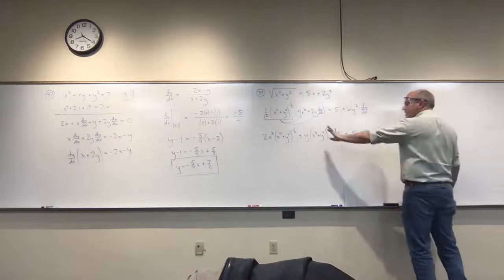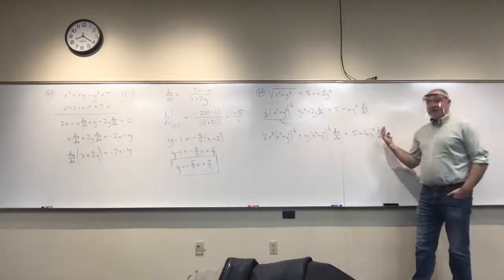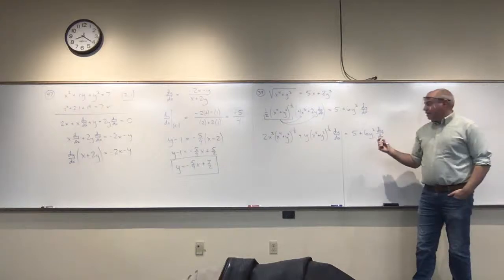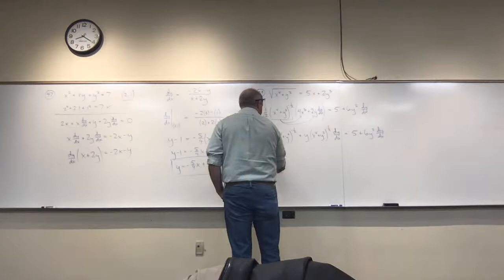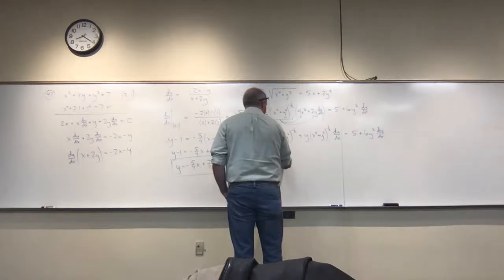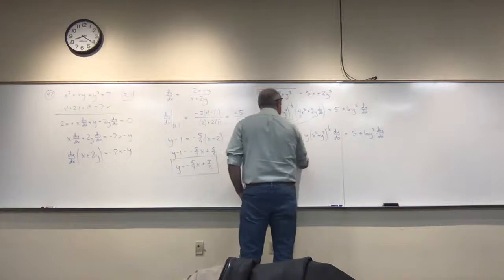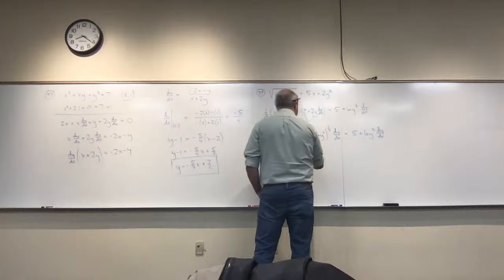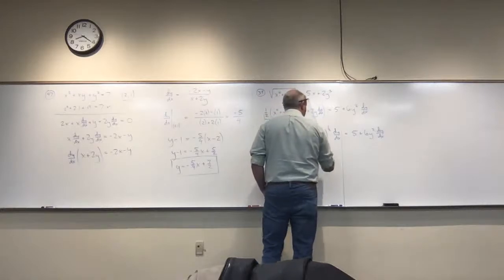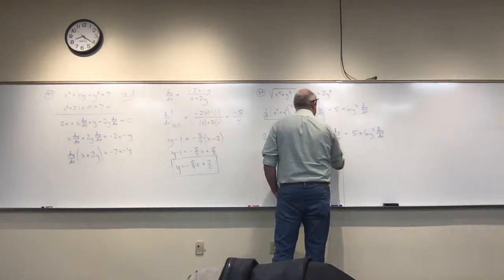Let's put all the dy/dx stuff on the left and all the non-dy/dx stuff on the right. So this guy gets to stay. So I have y times (x to the fourth plus y squared) to the negative 1/2 times dy/dx minus 6y squared times dy/dx is equal to,